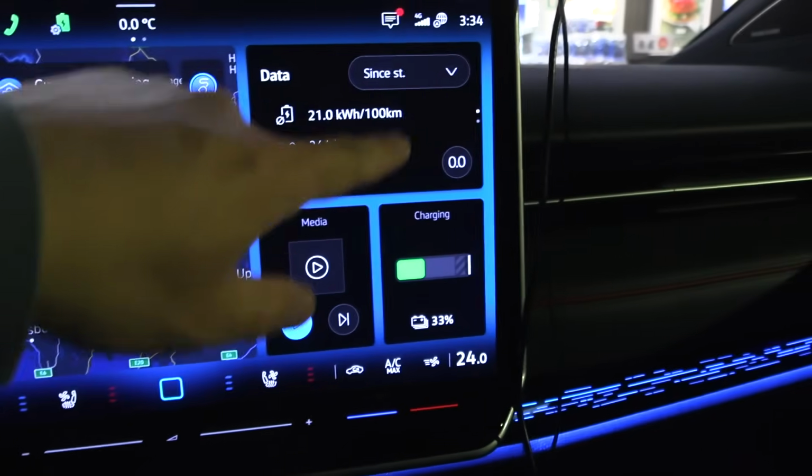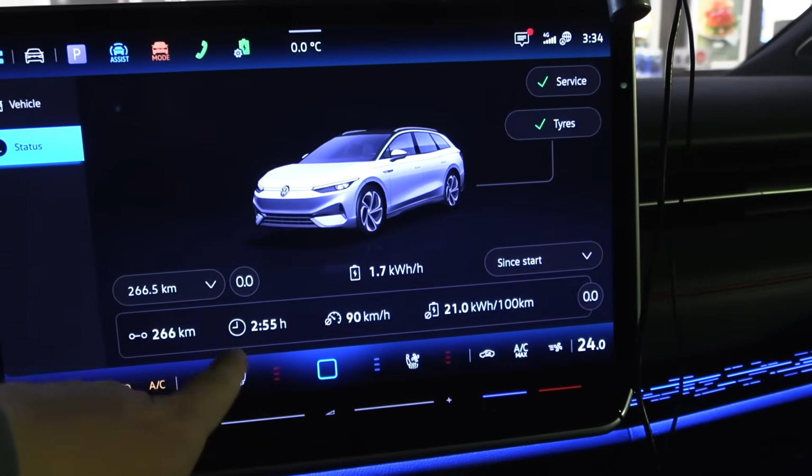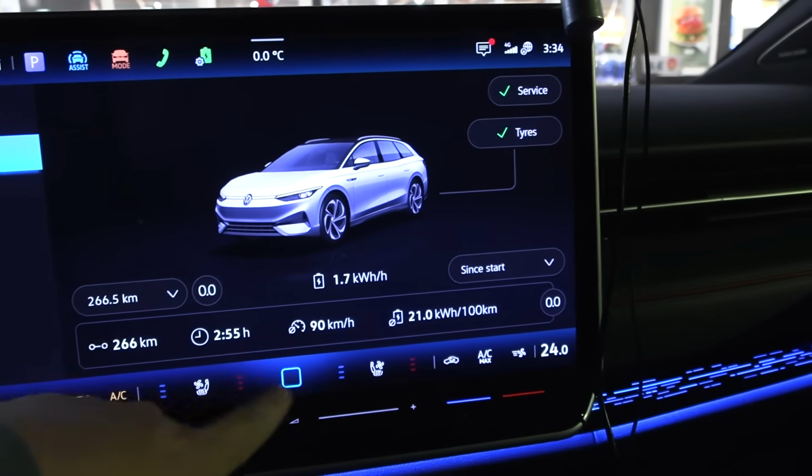So, yeah. What else do we need to do? I'm going to reset something here eventually. But let me see. We have the...